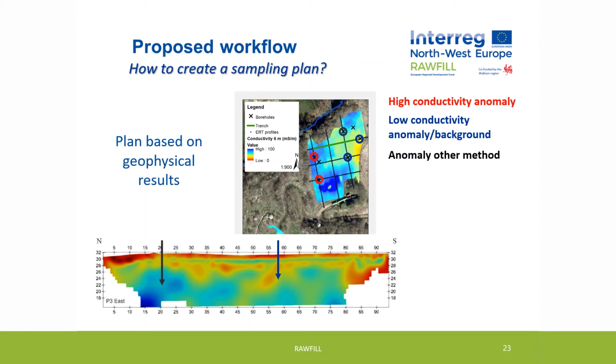Results from other methods indicate additional zones of interest. For example, in the electrical resistivity tomography image, we identified conductive anomalies at depth. Because of the decrease of resolution with depth, the actual depth of these anomalies needs to be calibrated, while their origin needs to be determined. Note that in this case, the electromagnetic induction map is also useful to avoid buried pipes